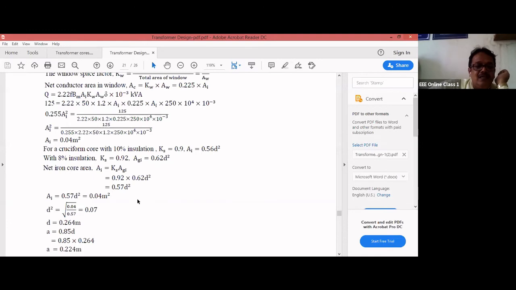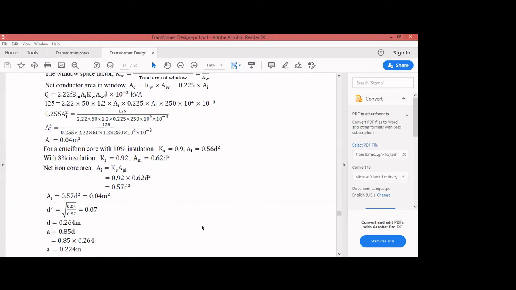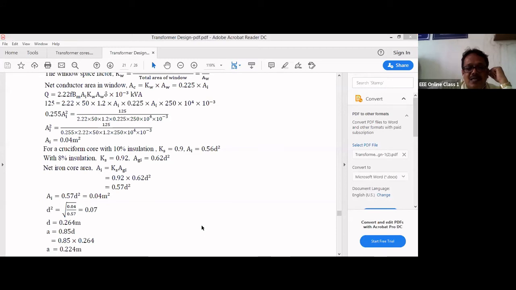But in the problem, they have told you that instead of 10%, you take 8%. So with 8% insulation, definitely this stacking factor will change. This you remember: with 8% insulation, Ks is equal to 0.92. You have to do that analysis, but you remember this one. This is for 10% insulation, but in the problem it is given that you take 8% insulation. For 8%, Ks is equal to 0.92 and